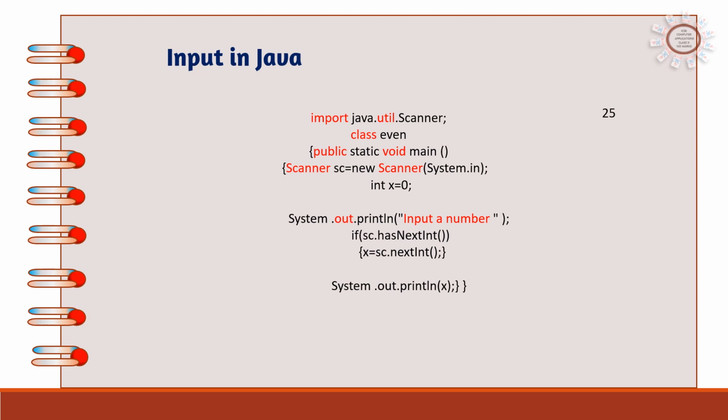Here we can see, suppose you are inputting 25. 25 is an integer number, so checking hasNextInt, it is true, so the answer will be 25. Suppose you are inputting 25.52. Here it is not an integer number, so if sc.hasNextInt() the condition will be false, and the number will not be accepted in int. So when you print x, the initial value of x, that means 0, will be printed. Like this we can check whether the user is giving the correct data type or not. And if it is not correct, we can have the proper commands to show the mistake, otherwise not to accept.